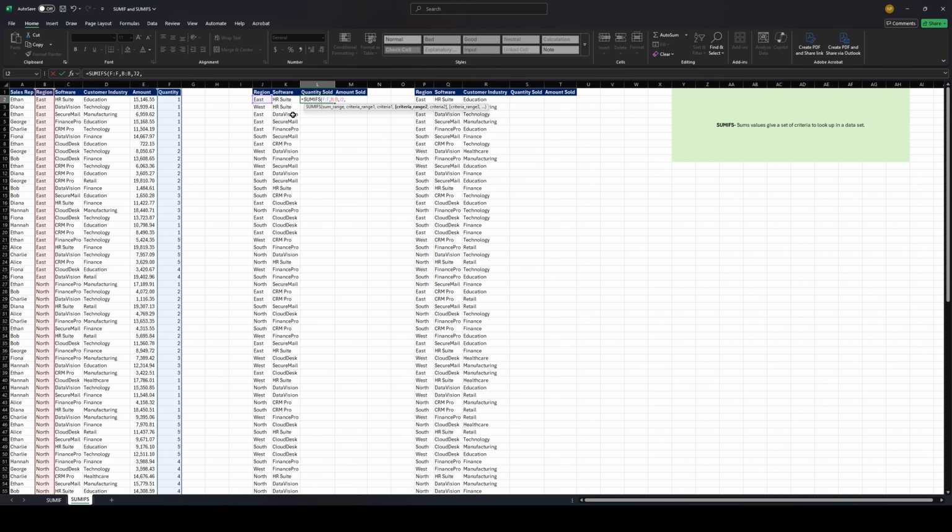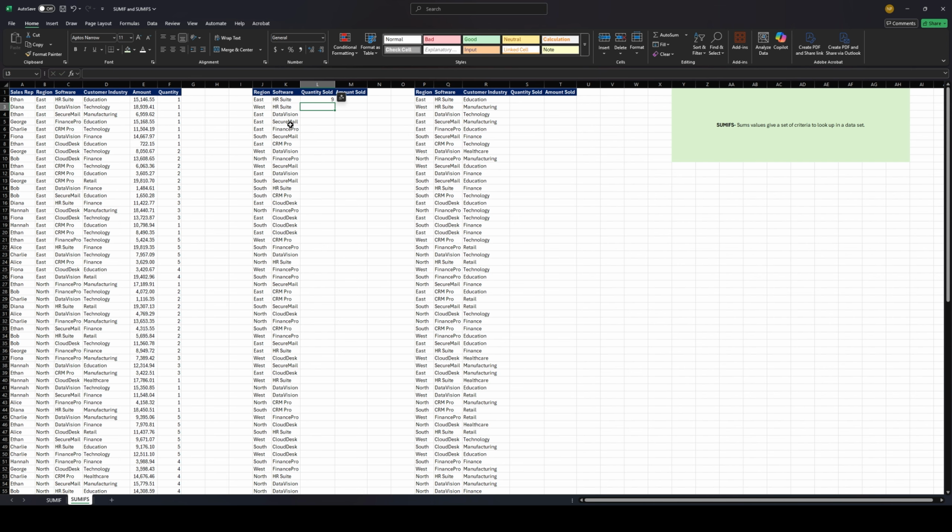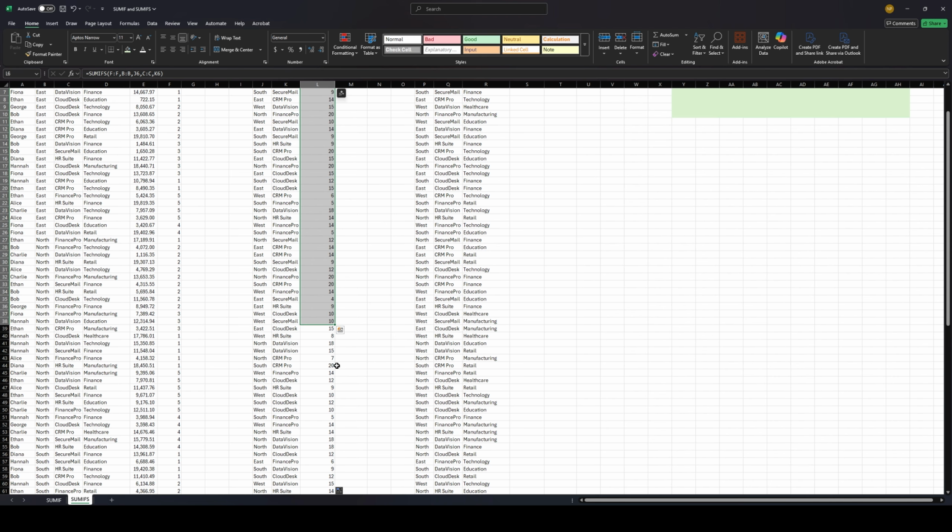We want to also look up the software that's sold. So just like before, we want to find the range where we're looking that up. So that would be the software column, comma, and then the criteria would be HR suite. And then for this one, that concludes all that we want to look up. So we will hit enter. And then we can drag it down or double click here and it'll show us all the quantities sold per